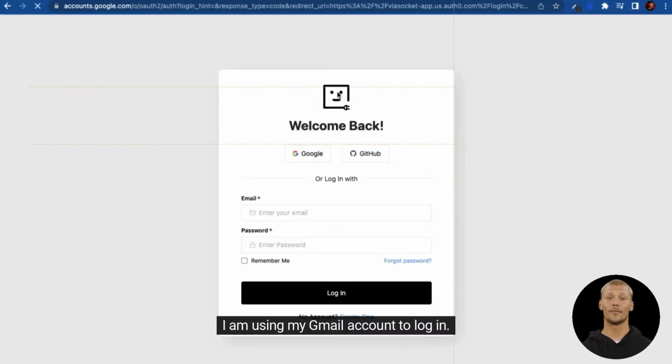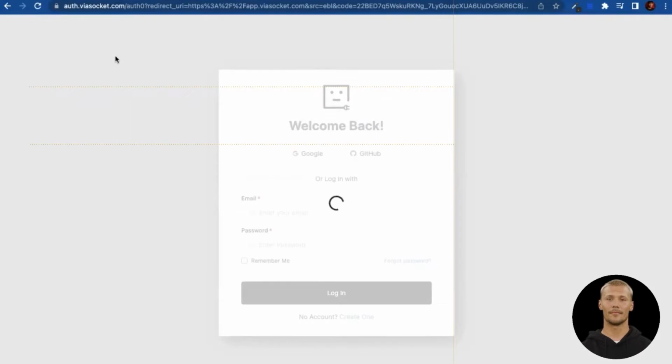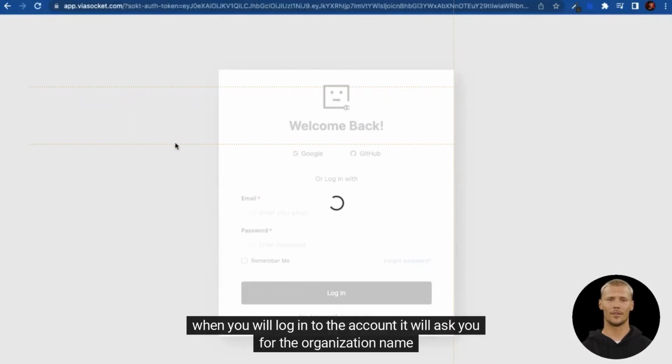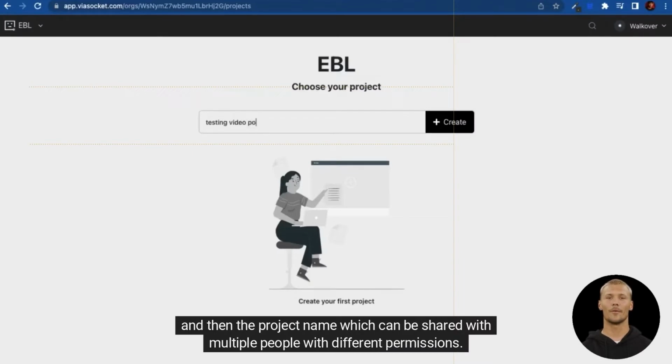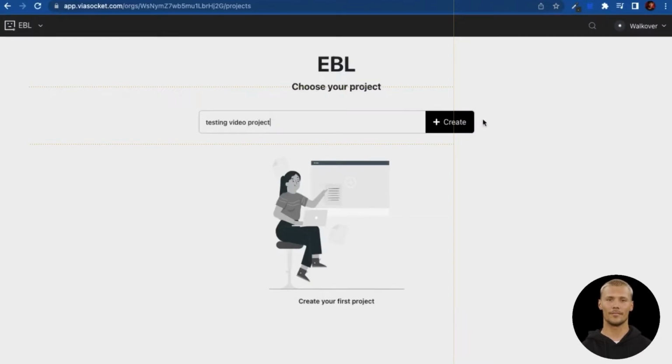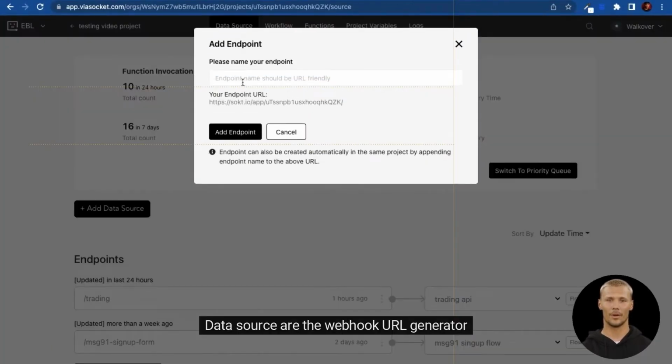I am using my Gmail account to log in. When you will log into the account, it will ask you for the organization name, and then the project name, which can be shared with multiple people with different permissions. Once you enter the project, it will ask you to create a data source endpoint. Data source are the webhook URL generator,